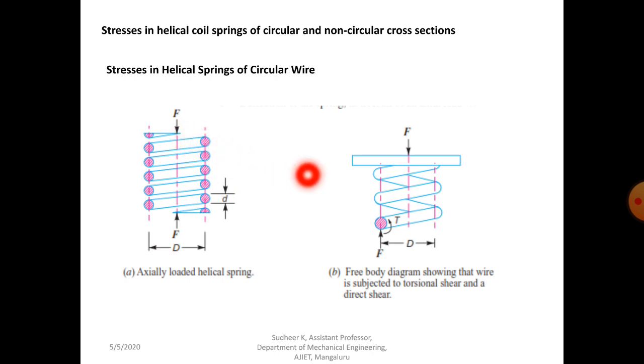In the wire of the helical spring, we have to uncoil it. When it becomes straightened, it takes the shape of a uniform bar of circular cross section, because if you uncoil it, you get nothing but a bar. So whatever the spring, you have to consider it as equivalent to a bar. The bar has the same diameter as the wire, that is d. The diameter of the bar is always equal to the wire diameter of the spring.